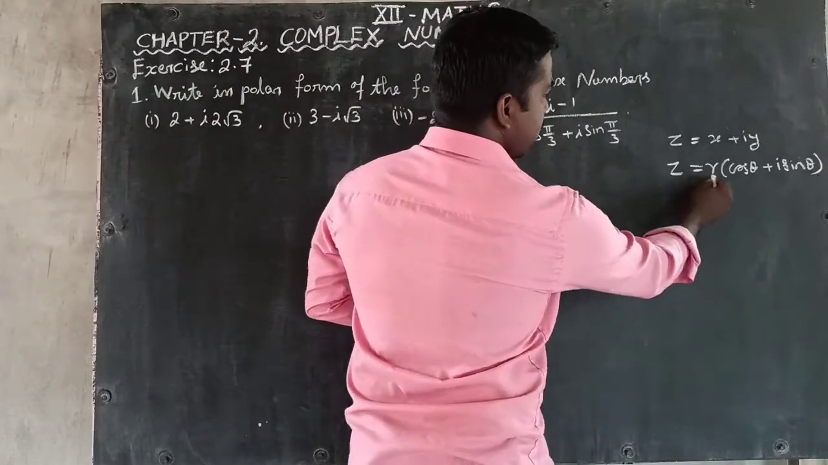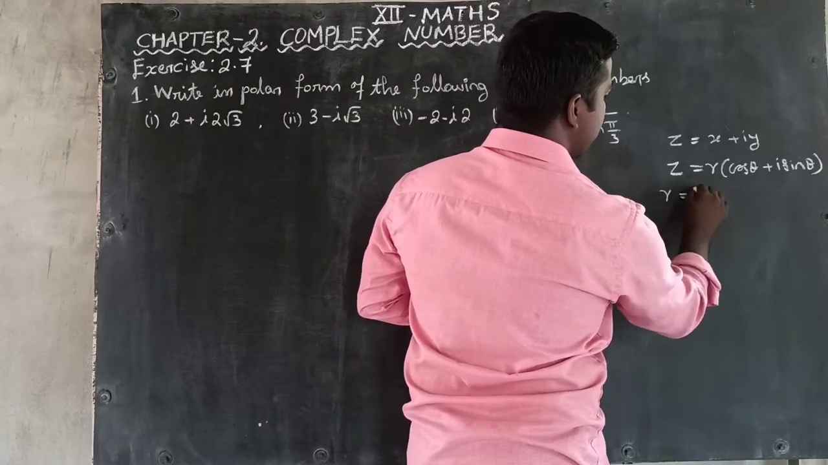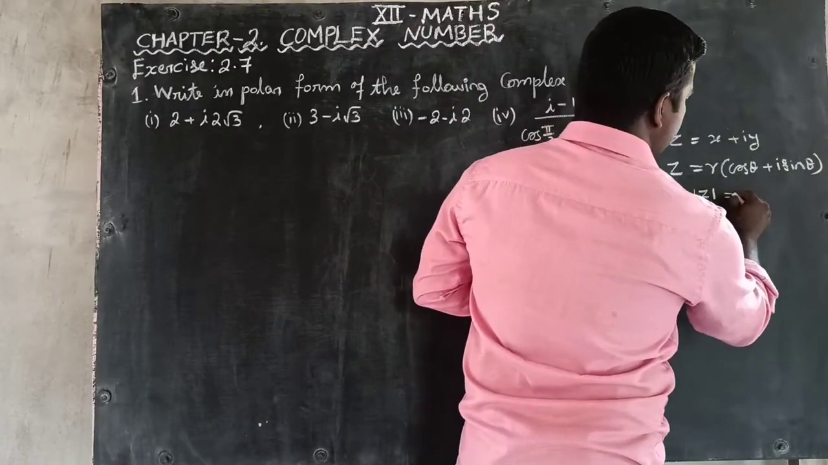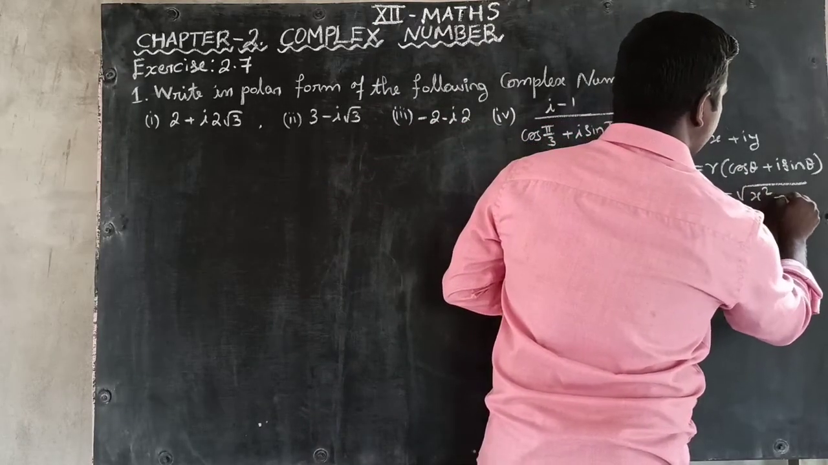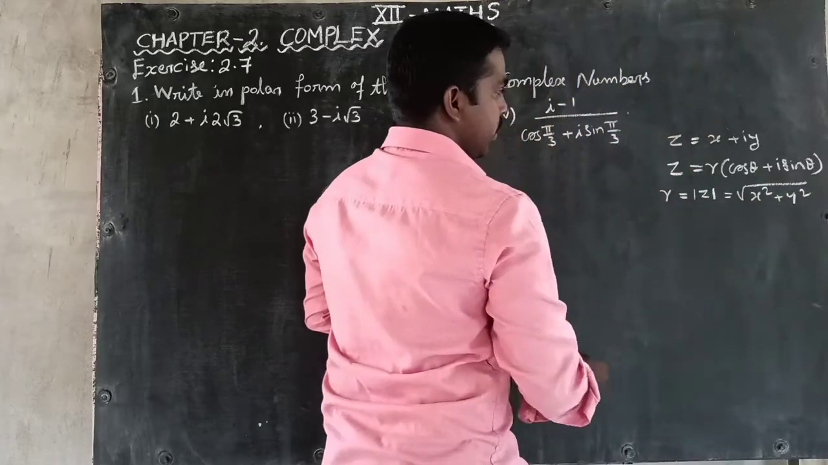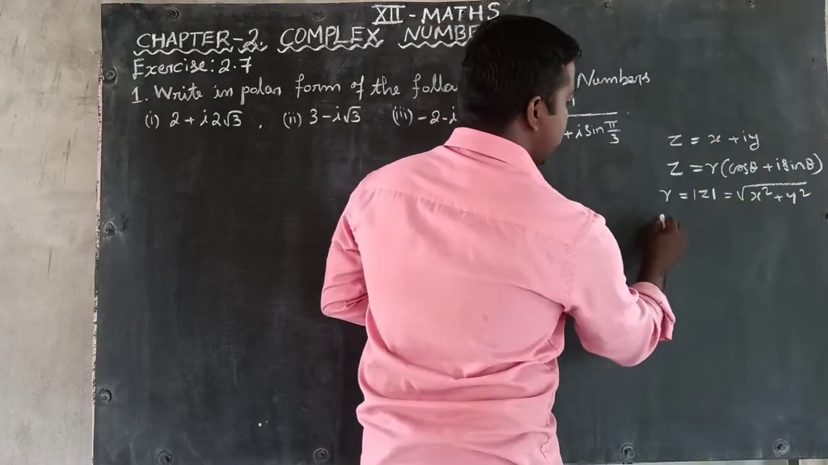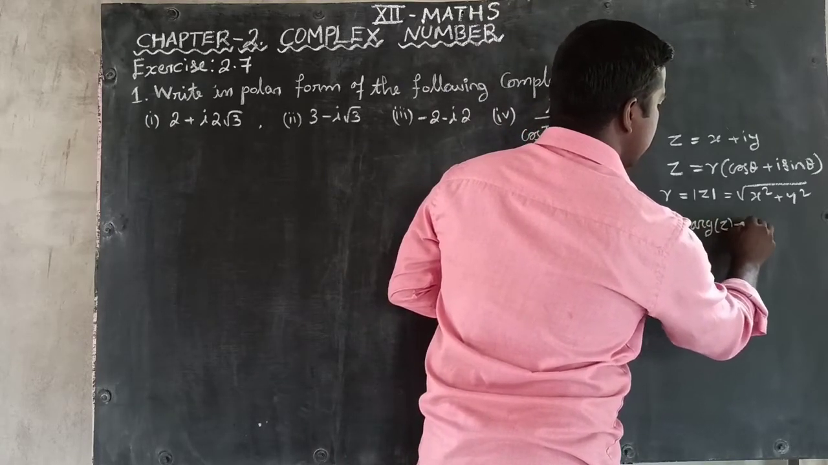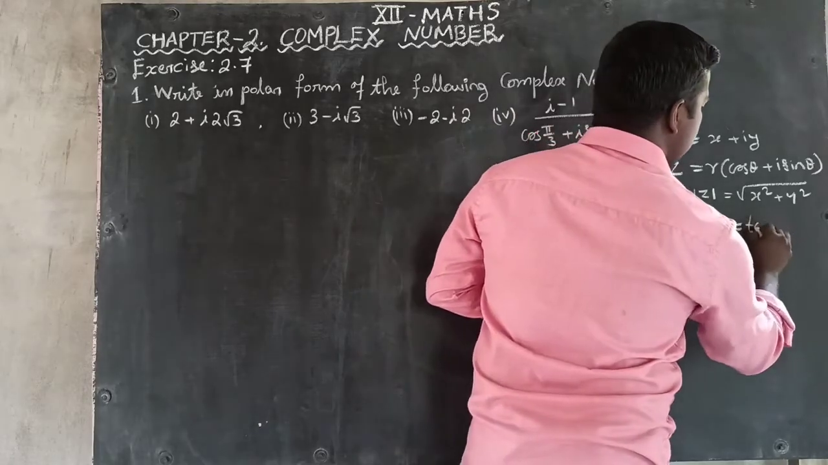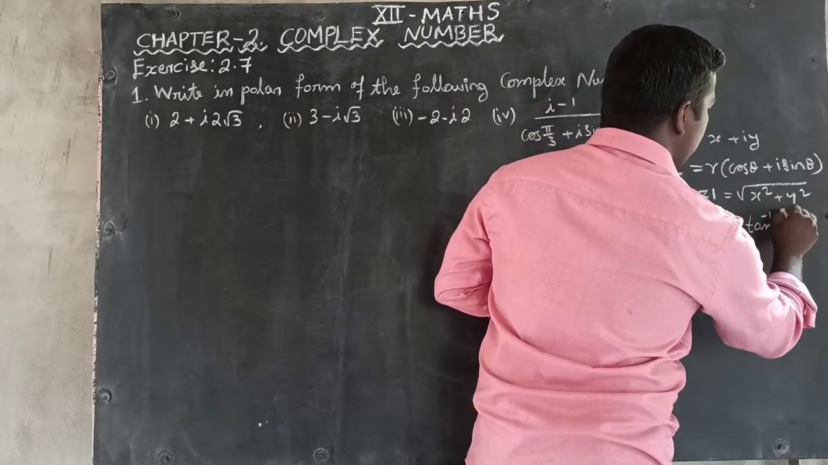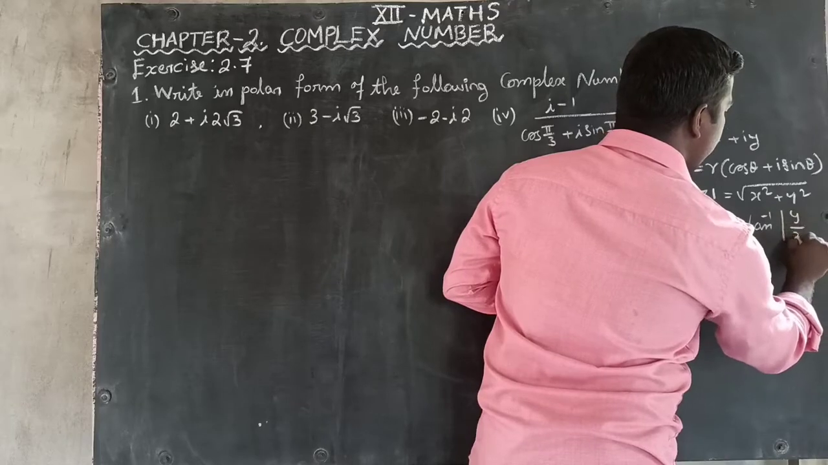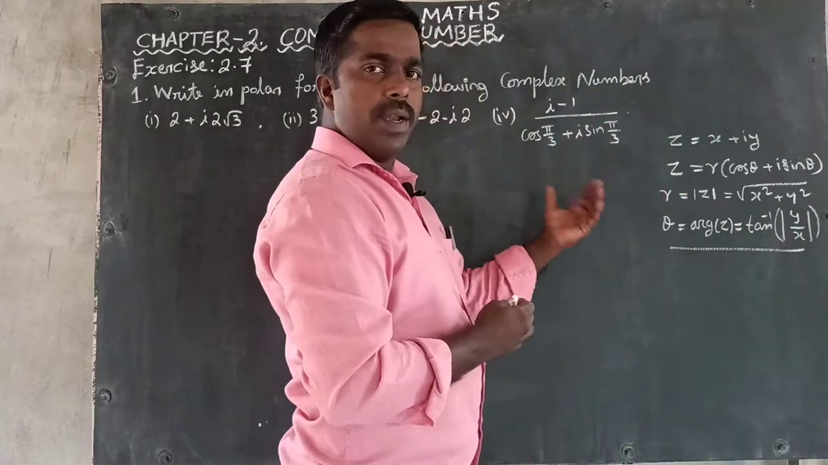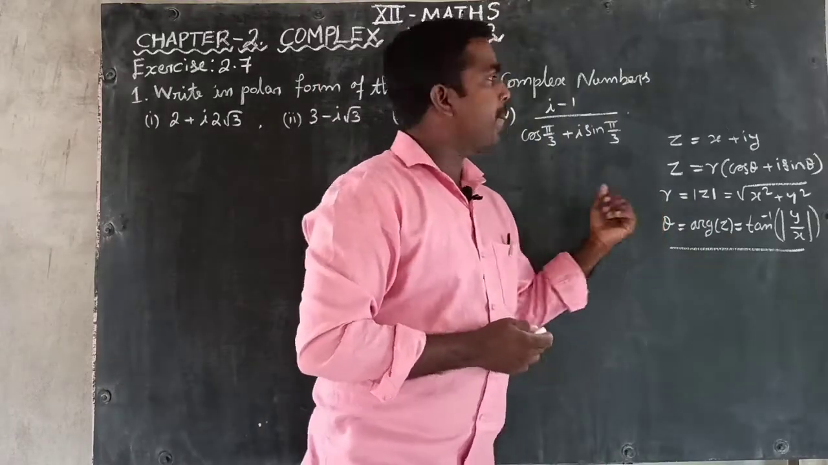In this form, r is nothing but the modulus of z, that is equal to square root of x square plus y square. Here theta is nothing but the argument of z. The formula is tan inverse of modulus of y by x. So these formulas we have discussed in the previous class. So now